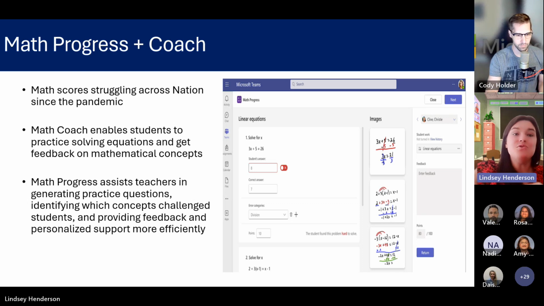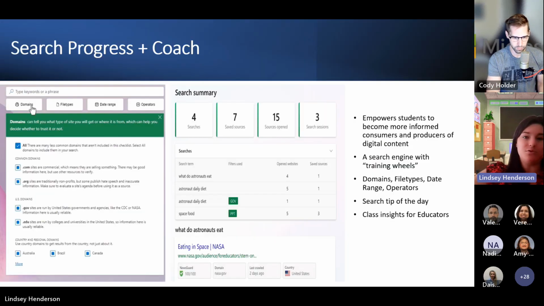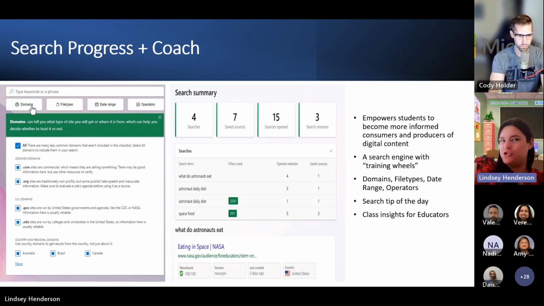Awesome. Thanks, Cody. So those, Math Coach and then Reading Coach, are building on those foundational skills that we spoke about at the beginning with the learning accelerators. And now we want to talk about some of those future-ready skills. So one of them is going to be Search Coach. This is going to be all around helping kids cope with what they experience online. It's just one of the reasons why digital literacy and teaching that in schools is so important. So this is all around that information literacy, like I mentioned at the beginning. You can view it as a search engine with training wheels.